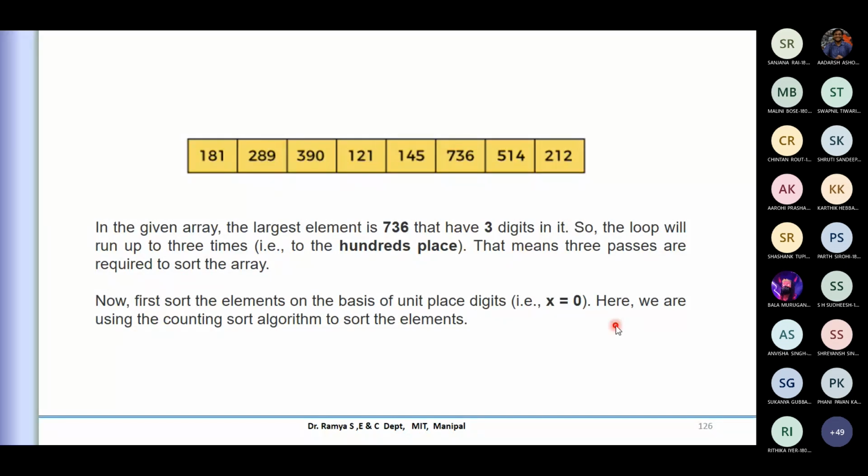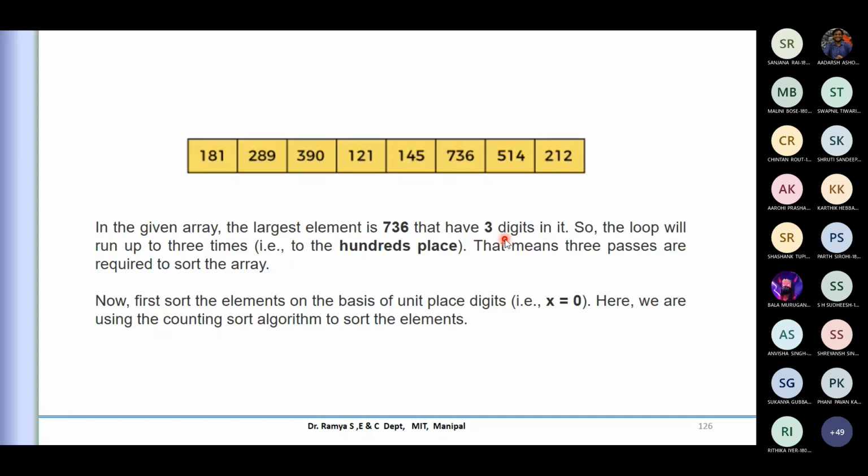If you see, this is your decimal system. In this decimal system, I'm trying to see how long the array is: 4, 5, 6, 7, 8. There are 8 values, so the array length is 8 here. The first and foremost step is to identify the maximum number. So the algorithm starts with finding the maximum number. Once I find it, I represent how many digits are required. This will be 3 digits.